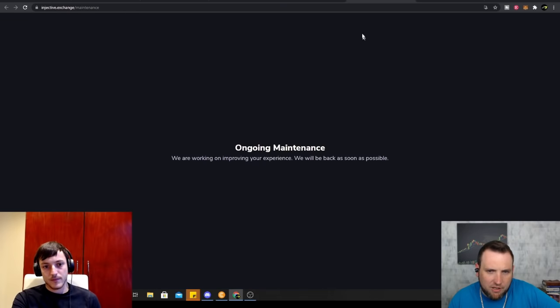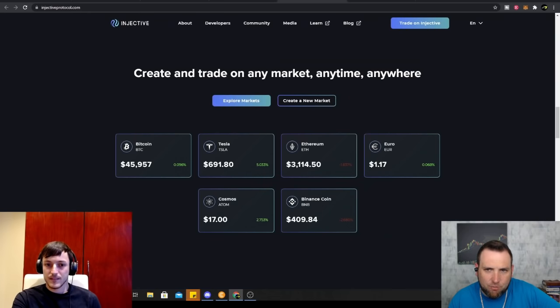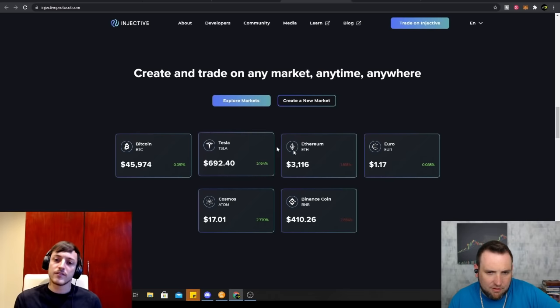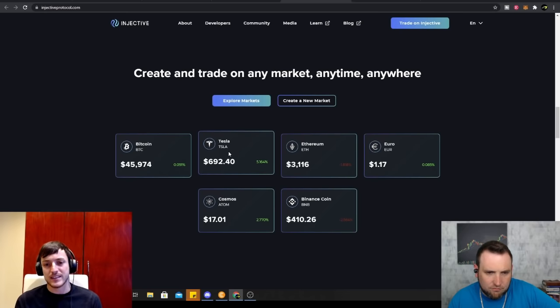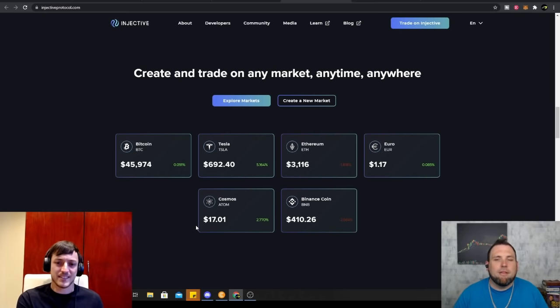It's showing ongoing maintenance on the actual exchange. So that's what you were saying. It's not open yet at the moment. It's not live. No, that's right. It was live, but in a version of it where you could only deposit $50 and there was very little liquidity. It was basically for people who missed the testnet who wanted to just try it out still.